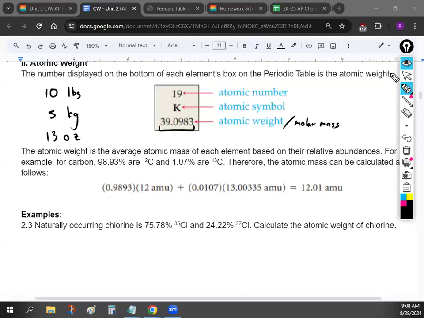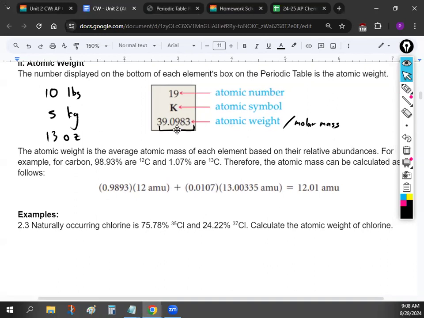The atomic weight doesn't actually tell you exactly how much every element weighs, right? Because some elements might have a different number of neutrons, so they all have a different weight individually. However, this number right here at the very bottom tells you the average mass of the element based on